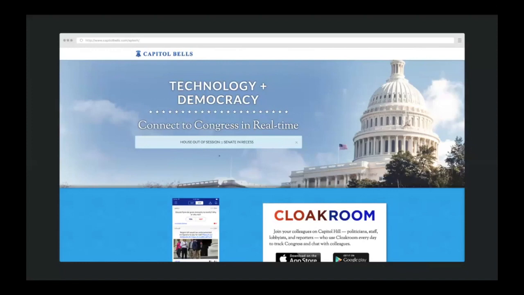And if I look at some really cool initiatives and applications that have already implemented that, you can see that the 2-3 applications or companies that I'll be listing here are using end-to-end encryption, not just for compliance and data security, but also as a key differentiator, a key feature for their users. These guys, Capitol Bells, built Cloakroom, a chat app similar to WhatsApp, used in Capitol Hill and in the White House. This is what politicians in the US use to chat during session.